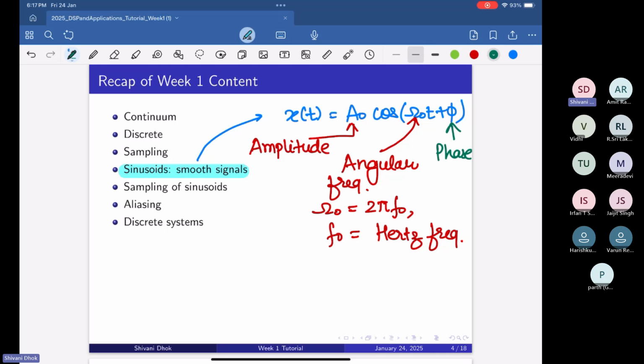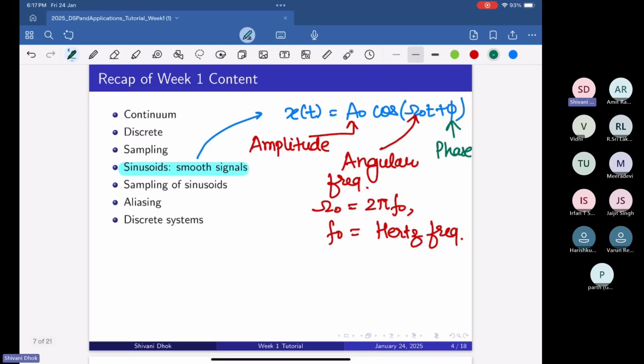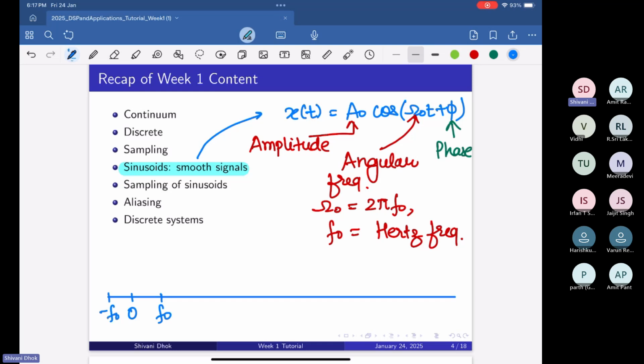And first we looked at sampling of sinusoids. So what we saw was, when we are sampling it, let's say with a sampling frequency of fs. So let's say this is 0. This is the original sinusoid, which is available here. So when we sample it, let's say at sampling frequency fs, then we will have replicas of these signals which are located at fs plus f naught, fs minus f naught, then at every integer multiple of our fs, 2fs plus f naught,